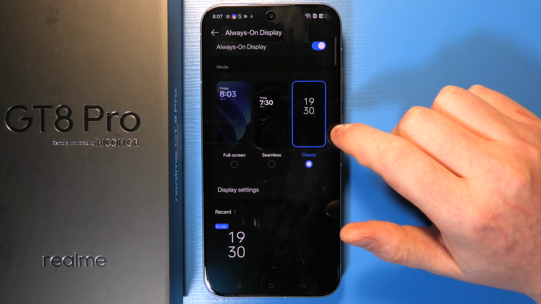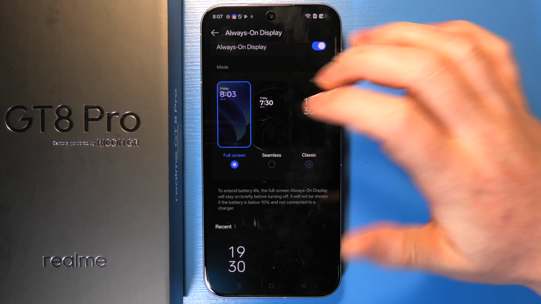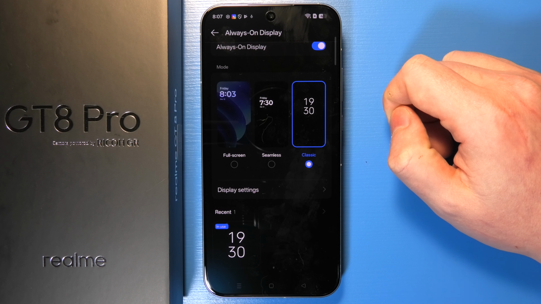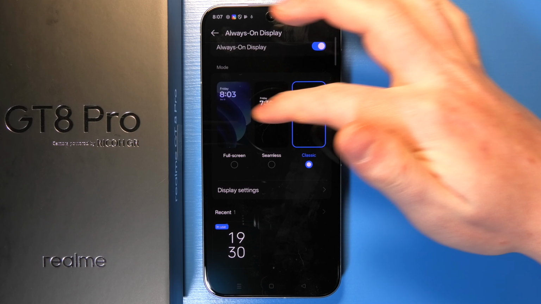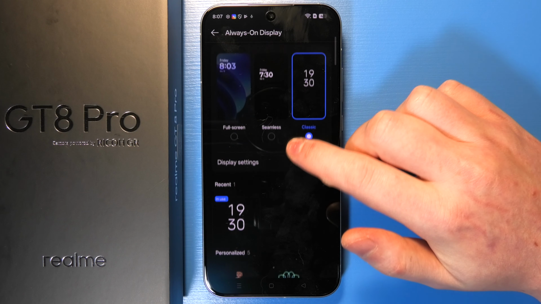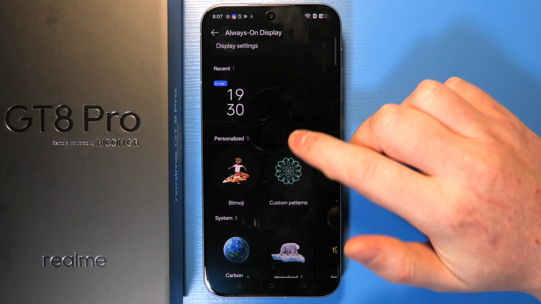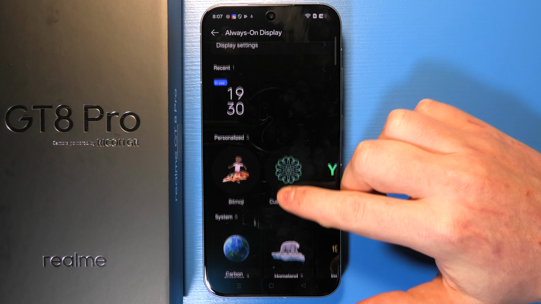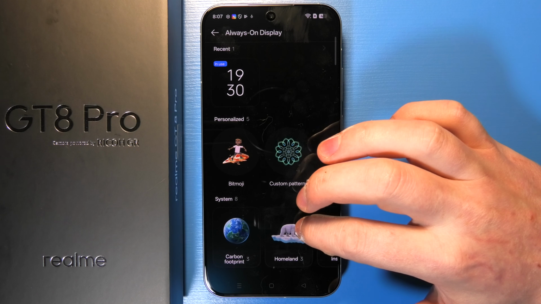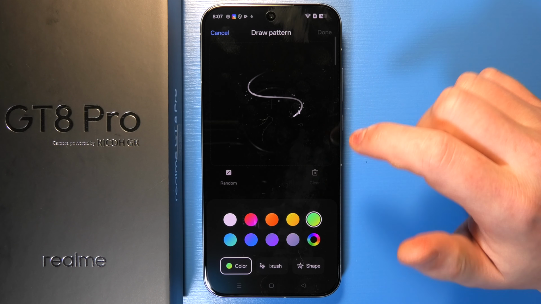After that you'll be able to first pick a mode. You can go for a full screen always on display, seamless, or even classic. So you can see already all of the differences on those images, and additionally you can scroll down to the personalized, recent, or system always on display styles, and depending on whichever one you choose, you will have different options